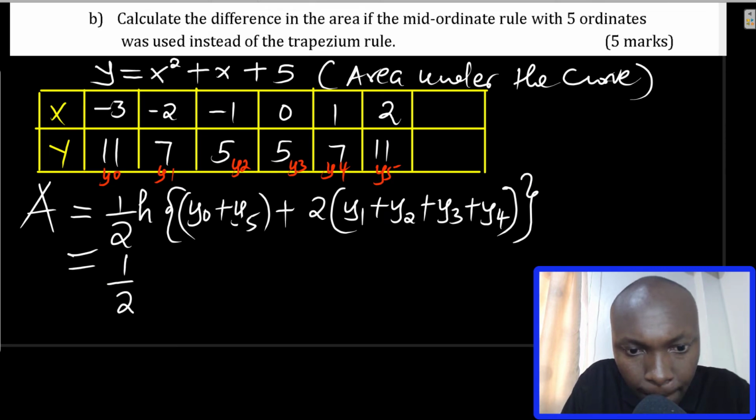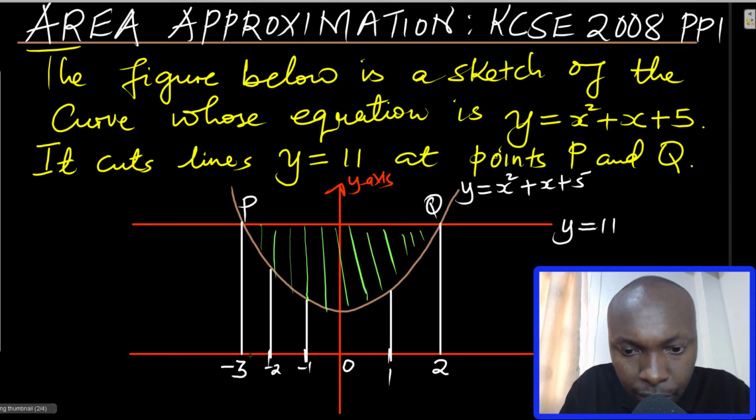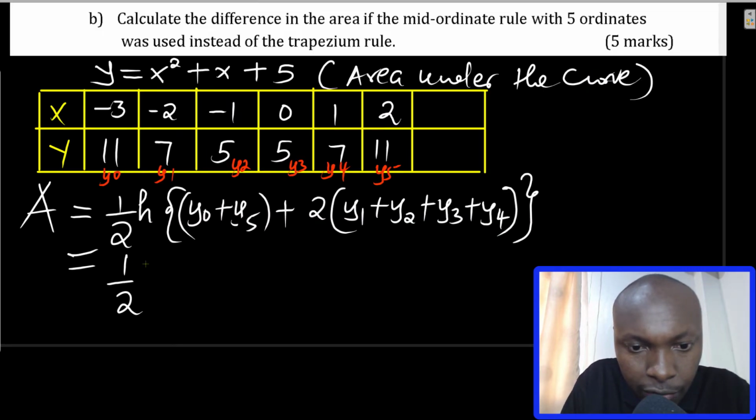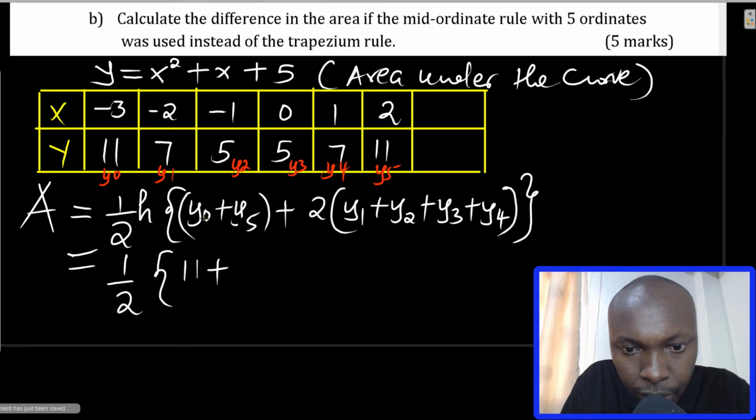So I have height is the width of each strip. The width of each strip is 1, from -3 to -2, that is 1. It is uniform. So half times 1 is just a half. And then you have the first and the last. The first height is 11, that is y0. Then y5 is 11 again,